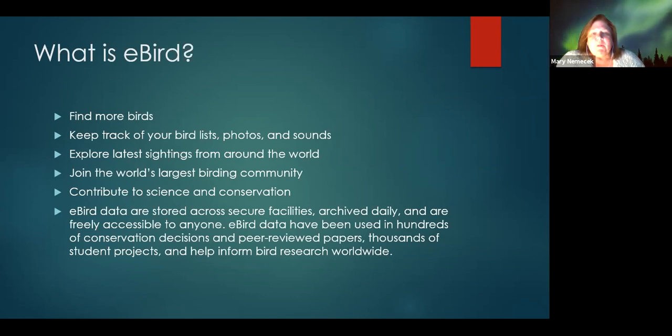Prior to eBird, we used to keep lists, or there was some software that we could use where we could list our birds, but that was really just us. So unless somebody knew us, they had no idea what was on our list. And this allowed that conglomeration of data to come together and be used to contribute to citizen science. And it also helps us find birds that we want to go look at and places we want to be and things like that.